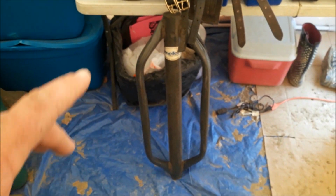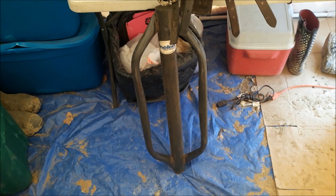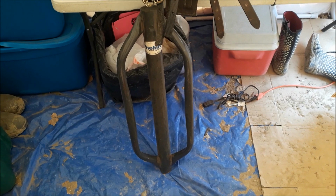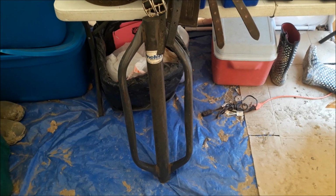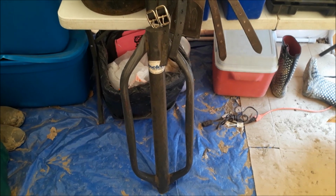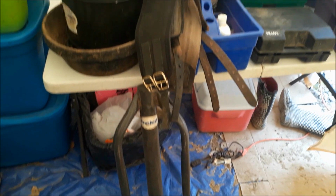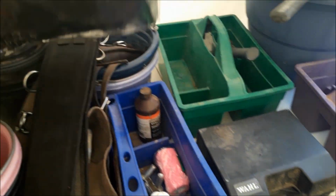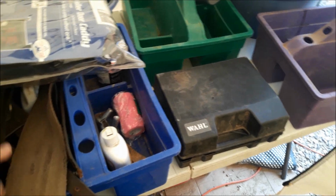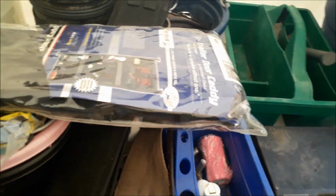As I mentioned before, we have this post driver, and online, if you buy them, they're about $59 to $69. So we're already at over $100, and then we got all of this. We ended up with 4 buckets, 2 singles. Singles is for training horses. We got this